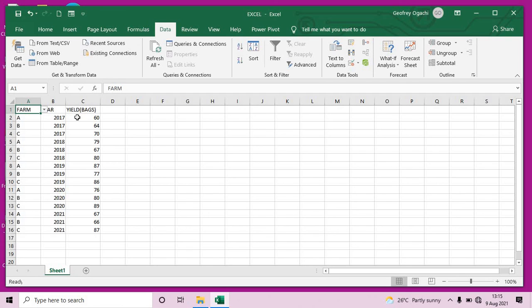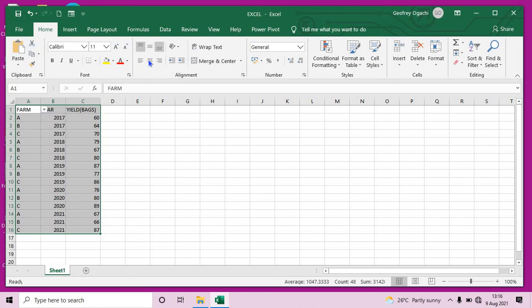So we are supposed to have it here at the left. So we can just highlight everything here. After highlighting everything, we get to home, and here you can see how we can align everything. So we can choose this one, and you can see our data has been aligned